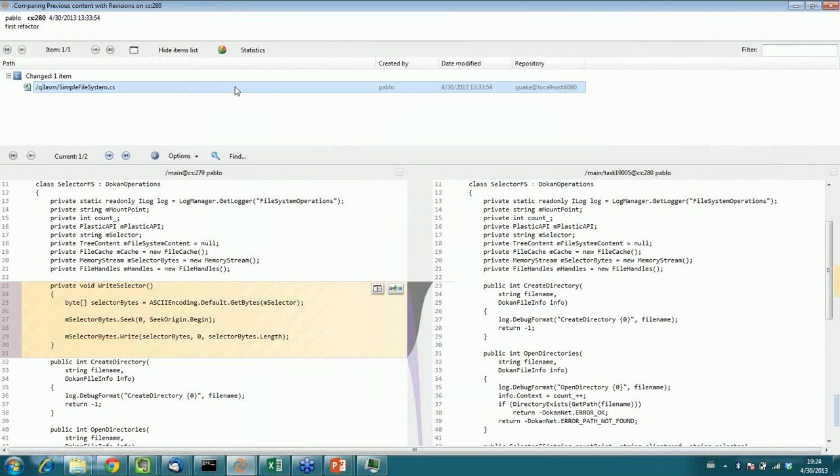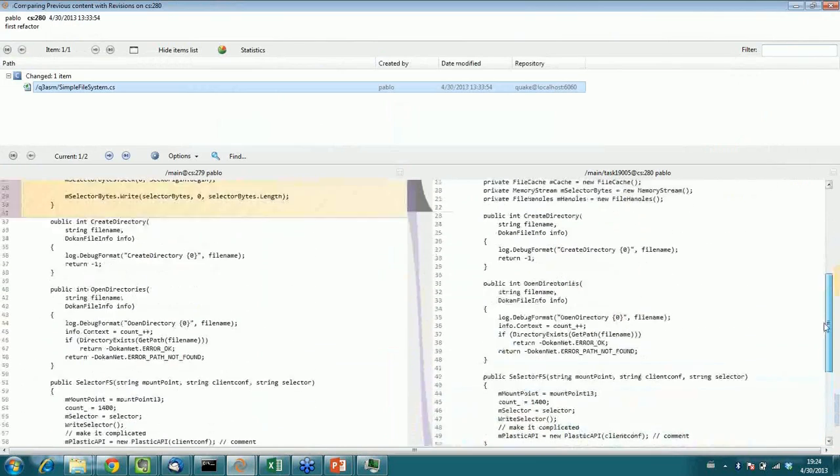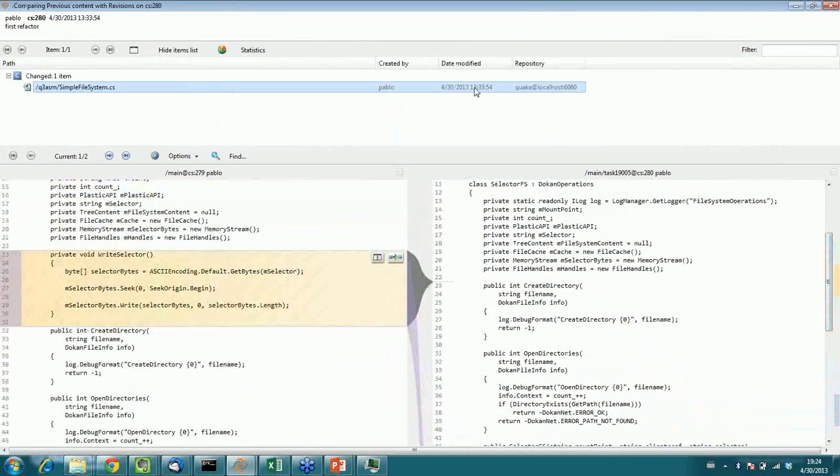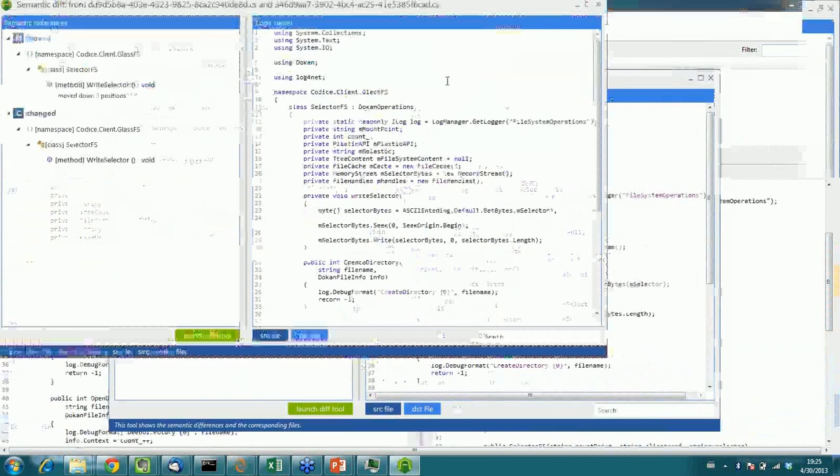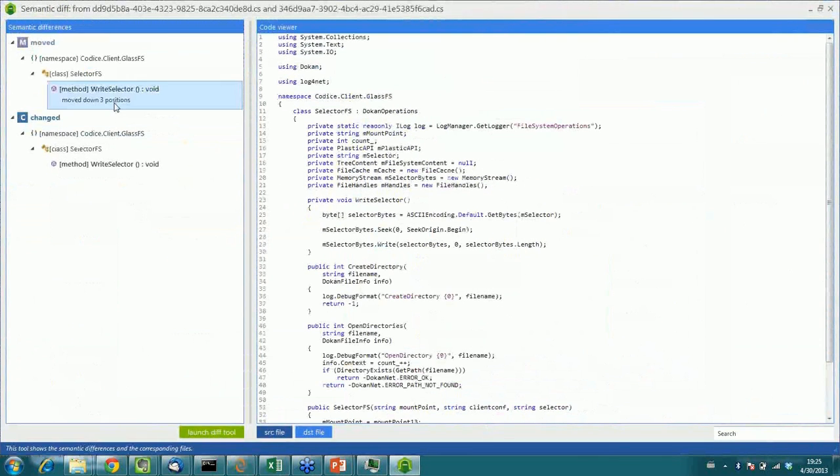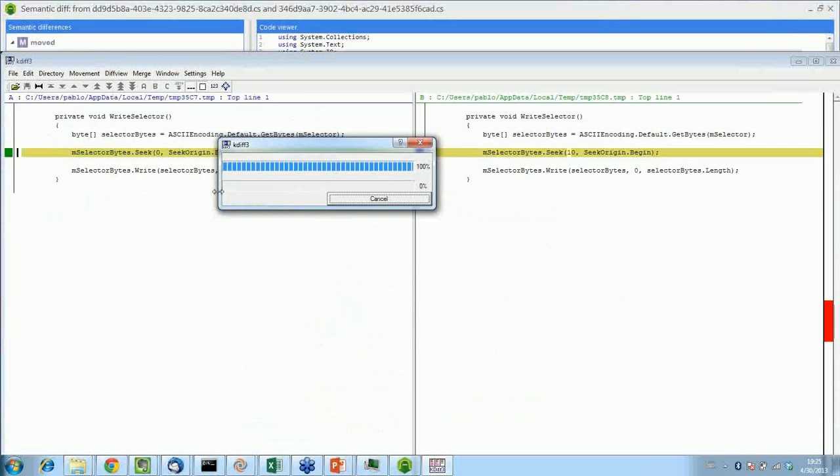I can show you that only a single file was modified. This file, you can see the diff here. This is actually Xdiff in action. I can also type Control D and show my diff tool. In my case, the semantic diff, and as you can see here, I can check what happened, and I can also run the diff